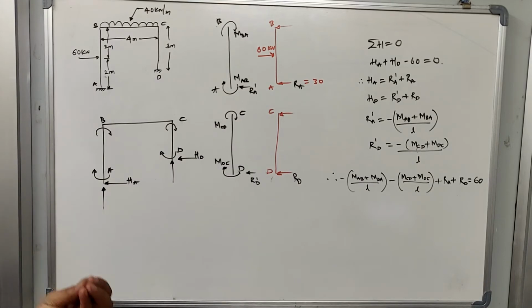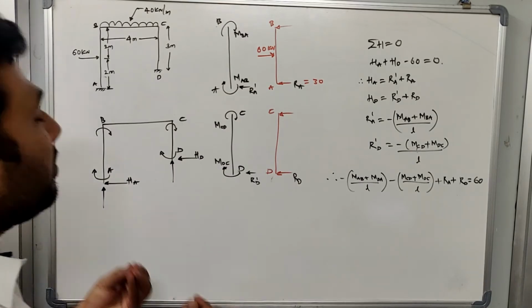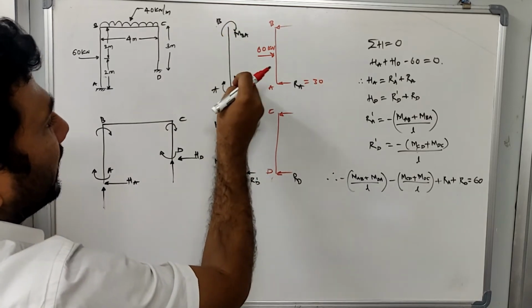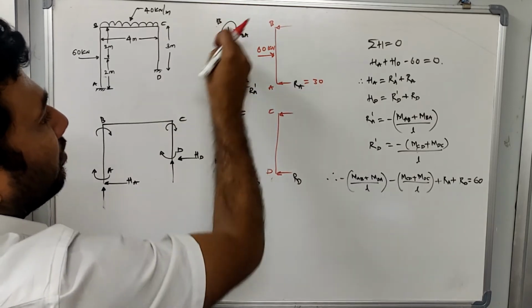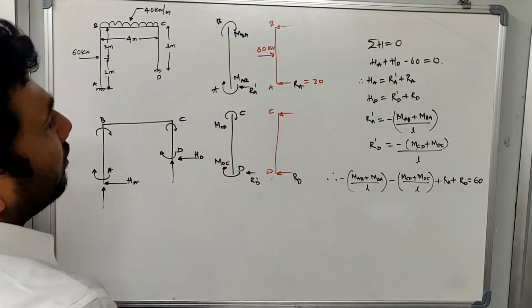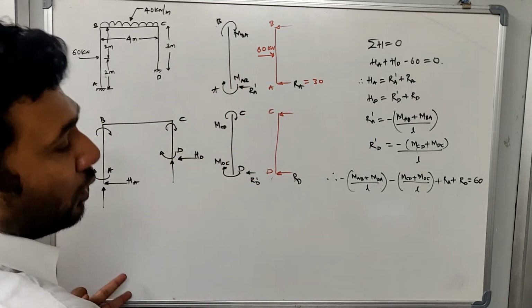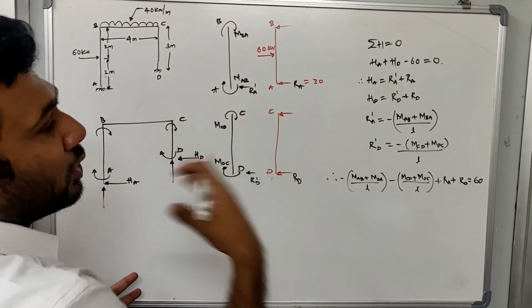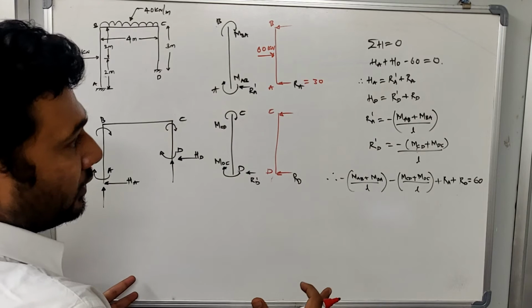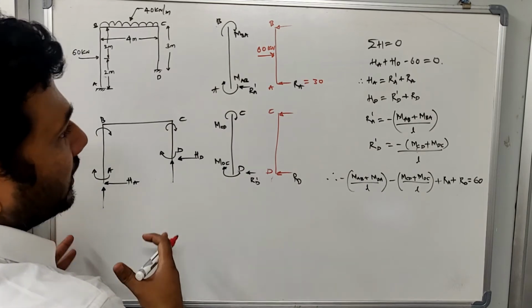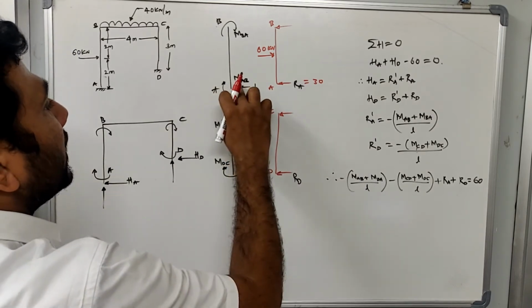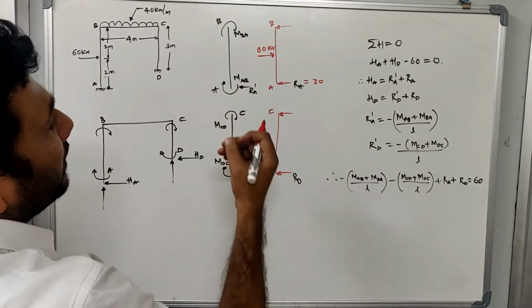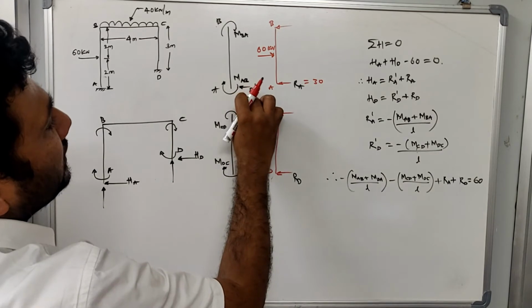Now what is RA dash? Let me assume that at A and at B, the moments that we get are MAB and MBA. I'm assuming both of them to be positive, which is not true. Anyway, if it is wrong, at the end of the solution you will get to know whether the considered direction is correct or wrong. So here I'll consider them as positive. If I assume them as positive, try to determine how much is the RA equation.